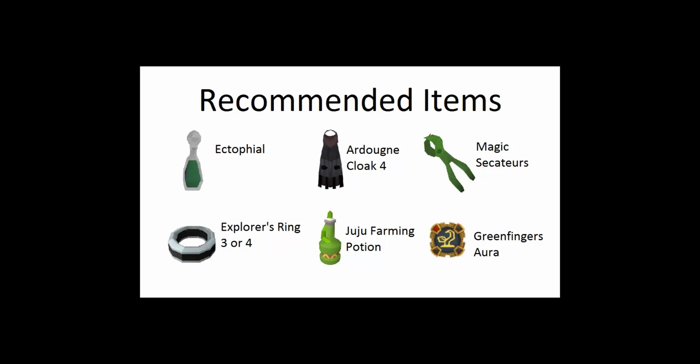Other recommended quests and tasks include the Hard Desert task for double cactus spines, the Elite Morytania task for double mushrooms, or if you can't complete the elite task, the medium task will do so your patch never becomes diseased, and the My Arm's Big Adventure quest for the Troll Stronghold patch, as well as 78 Summoning for a giant ent